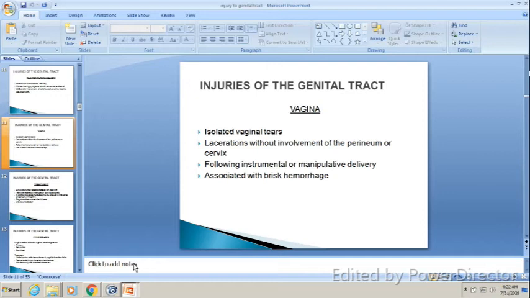You have to explore the vagina and find out the vessel which is bleeding. It's very difficult. Sometimes we have to take the patient to the OT, operation theatre, and do it under general anesthesia because the bleeding is so high, the patient is not very cooperative, and it's very painful. So vaginal tears are not very good. It's sometimes a very unapproachable area to manage.